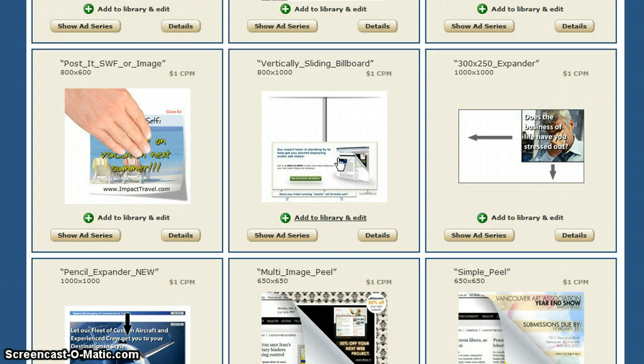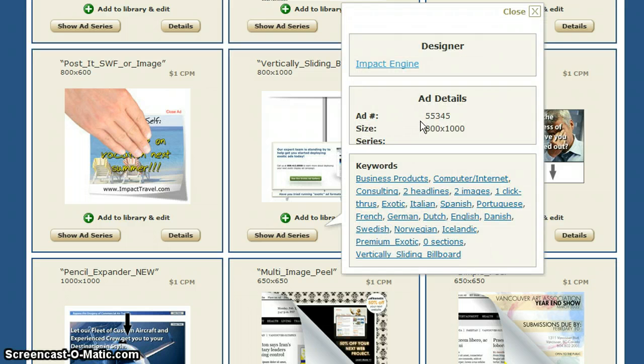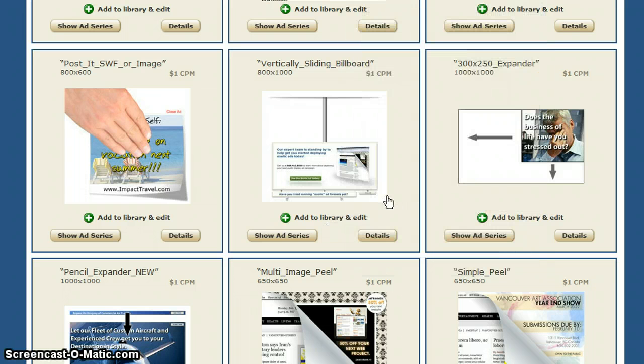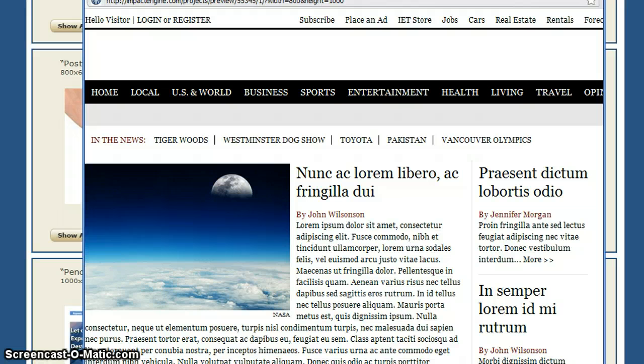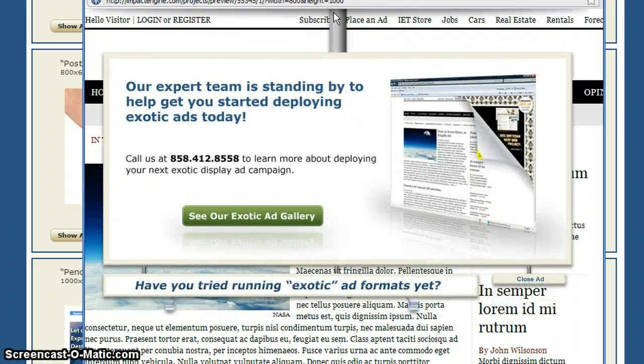This is the design guide for the vertically sliding billboard template. This is template ad ID number 55345. So we're going to start out, we'll do a quick preview of the ad. And this will showcase how this ad unit typically is going to live at the very top of your page